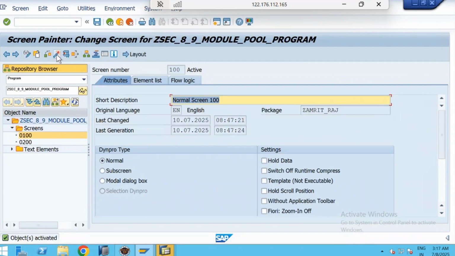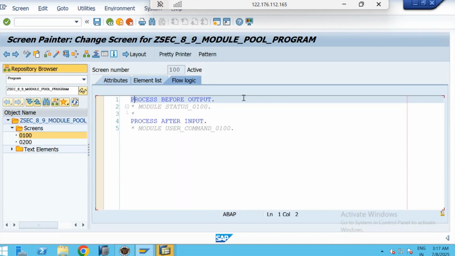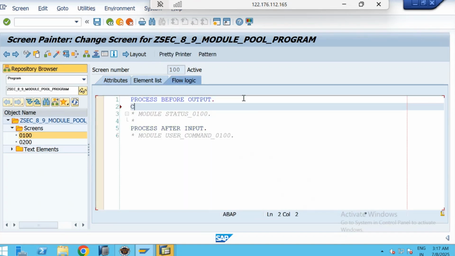We have got it, right? Now, once we have these things, we can simply call our subscreen. So you can go to this flow logic here, and you can simply call the subscreen here. Call in the PBO, you are going to call it. So call subscreen. What is the name of subscreen area? Subscreen underscore area. This is the name which we have given,